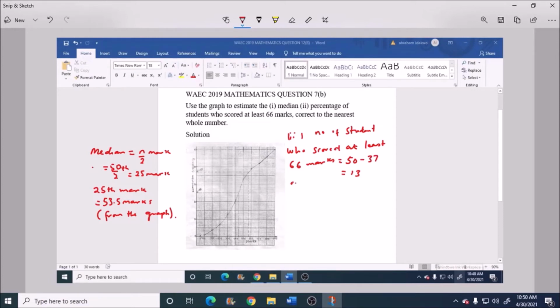Now the percentage of students who scored at least 66 marks is equal to 13 over 50 times 100. This is equal